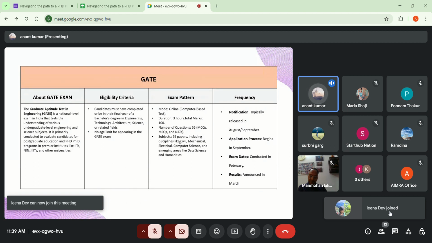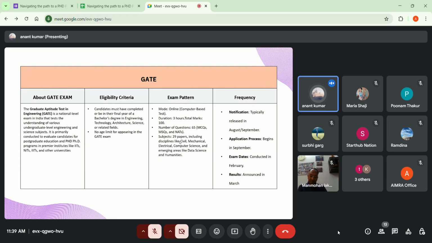The third entrance exam we'll be talking about is GATE. It is called Graduate Aptitude Test in Engineering, specifically for people who are looking for engineering PhD programs in IITs, NITs, and triple IITs. It is again a computer-based test. Final year students can apply for it. There's no age limit.